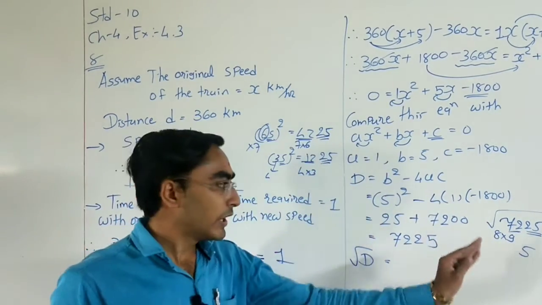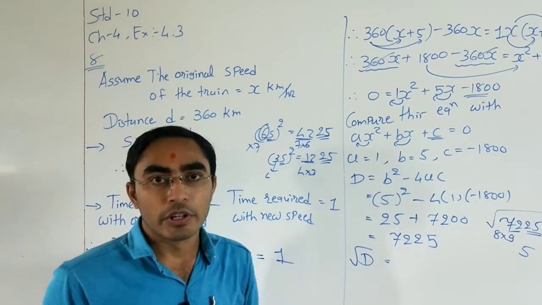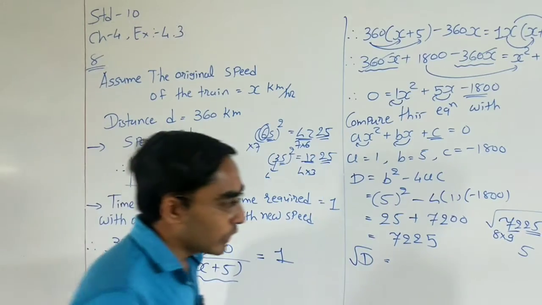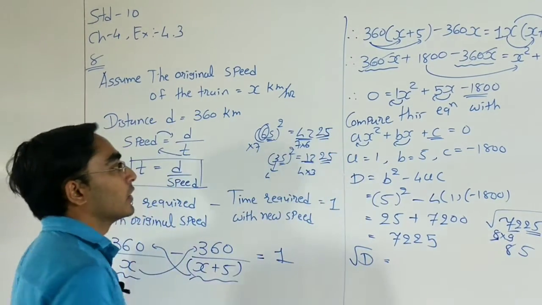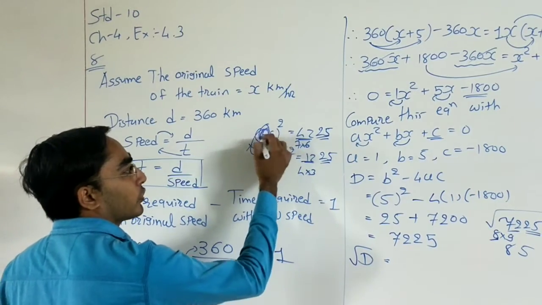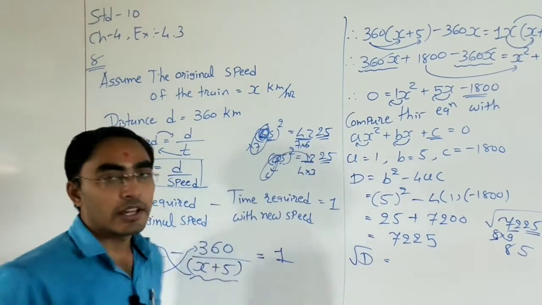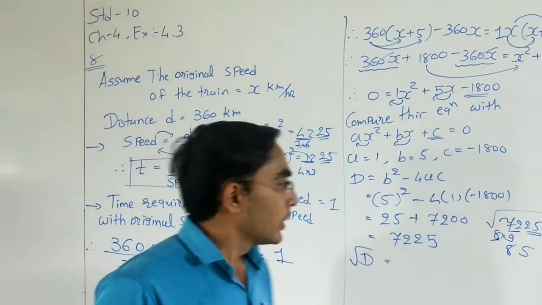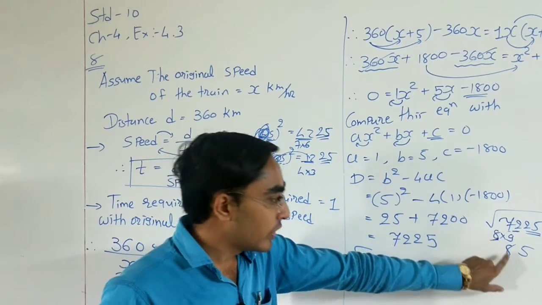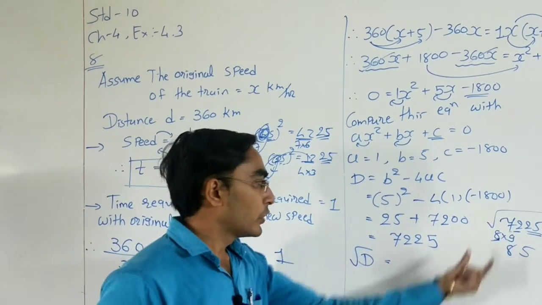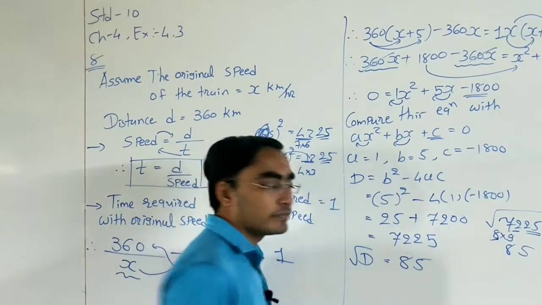Right? 8 multiplied by 9 is 72. 8 and 9 are both consecutive numbers. Now out of these two consecutive numbers we need to write the smaller number here. Because here 6 7s are, so 6 is the smaller number. Here 3 4s are, 3 is the smaller number, and the answer is 1225. So same thing here. This is the answer of the smaller number. That means here we need to write 8. So the square root of 7225 is 85.